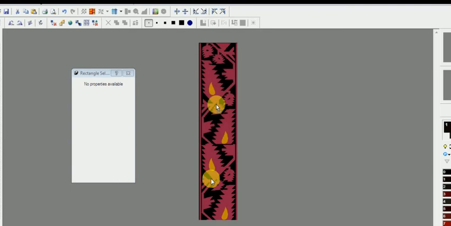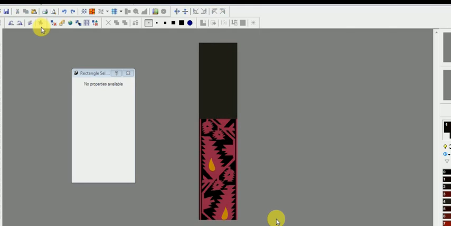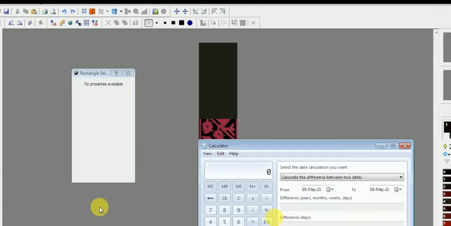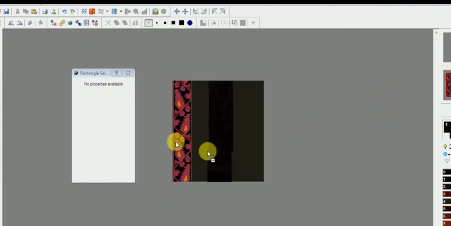I am doing this border 2 repeats. Okay, this is 2 repeats of border.